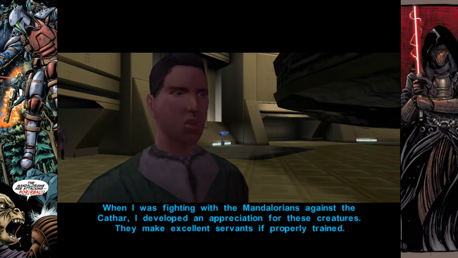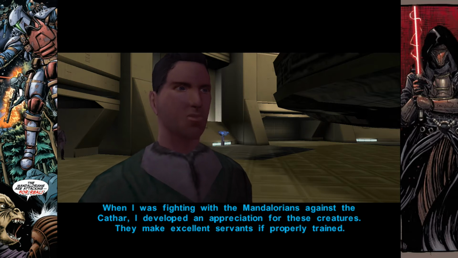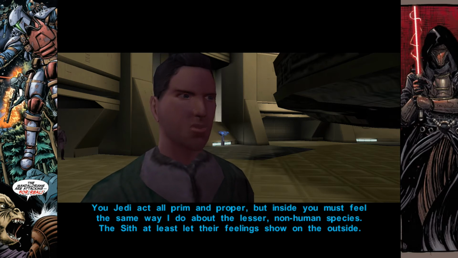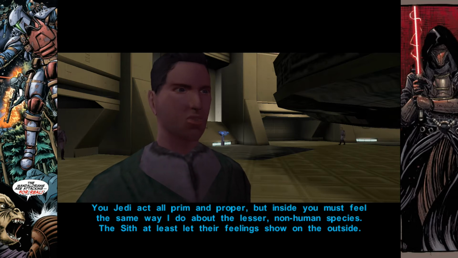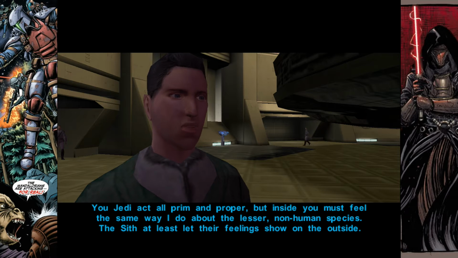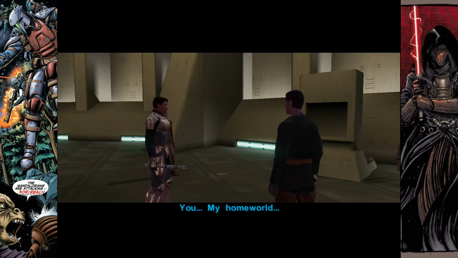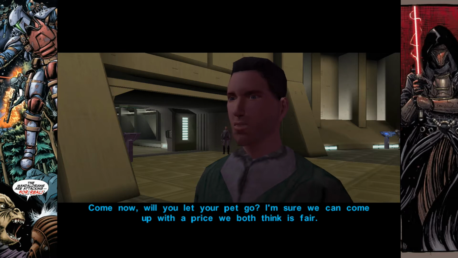When I was fighting with the Mandalorians against the Cathar, I developed an appreciation for these creatures. They make excellent servants if properly trained. You Jedi act all prim and proper, but inside you must feel the same way I do about the lesser, non-human species. The Sith at least let their feelings show on the outside. You. The homeworld. Come now. Will you let your pet go? I'm sure we can come up with a price we both...